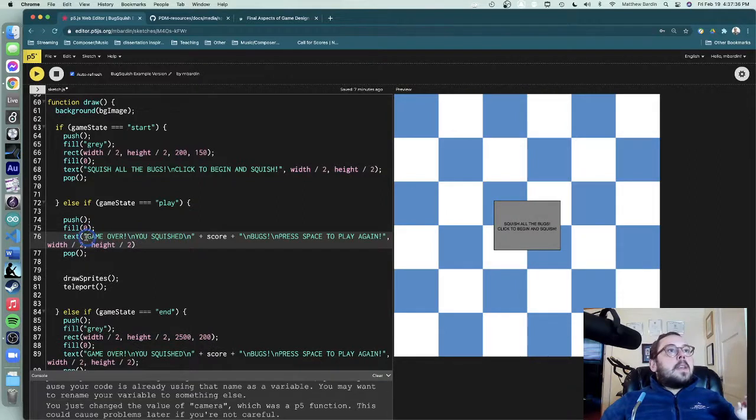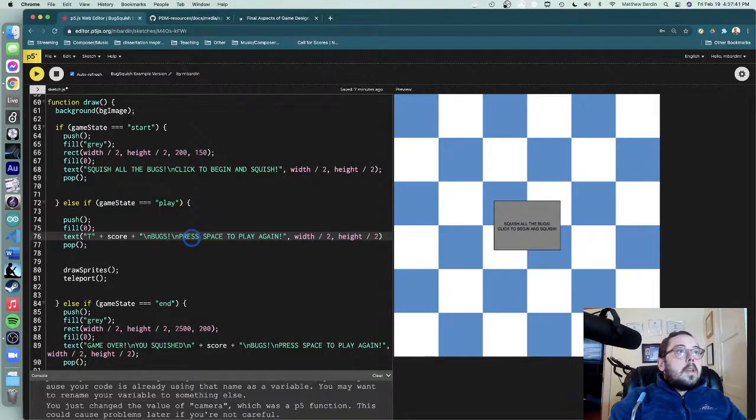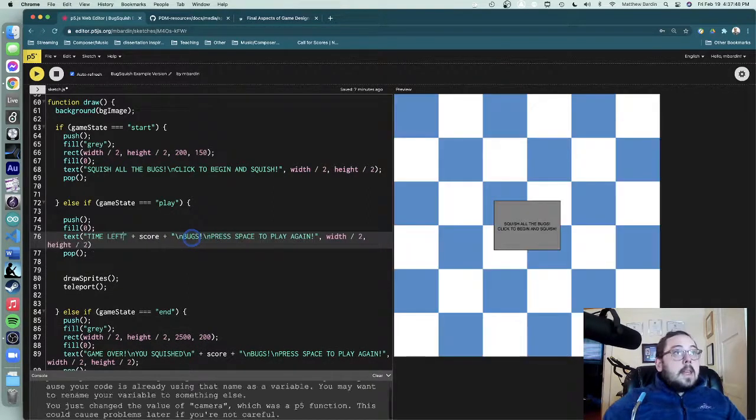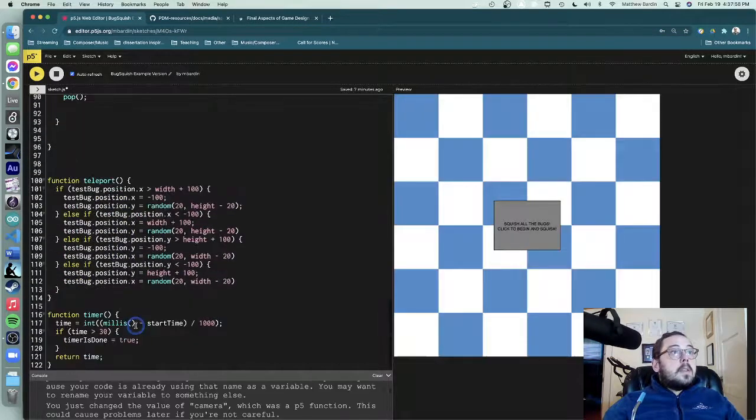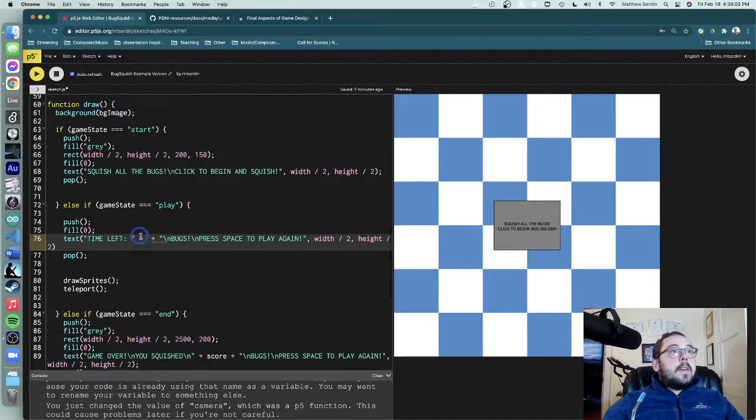Instead, I'm going to say, I'll keep it in all caps for consistency, time left, colon space, and this is going to be the result of the timer, nope, not all caps. The timer function